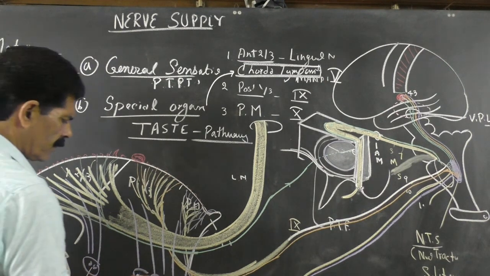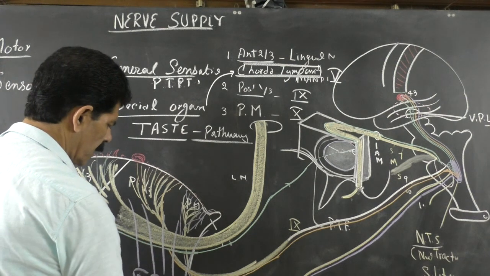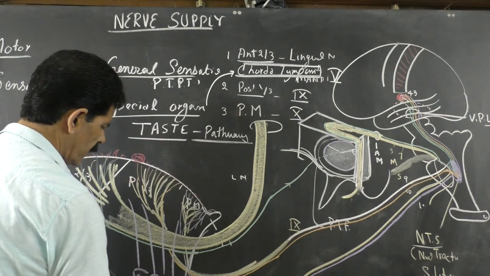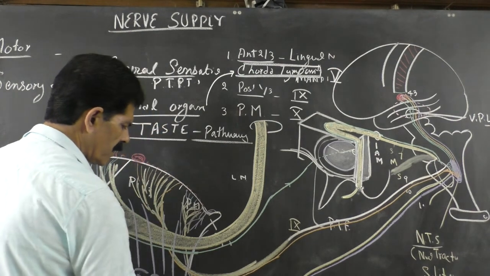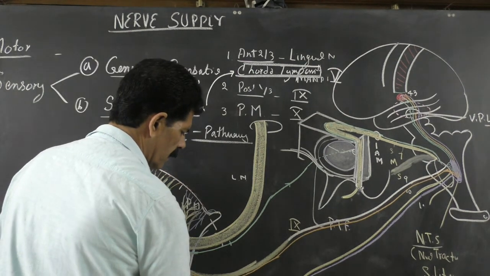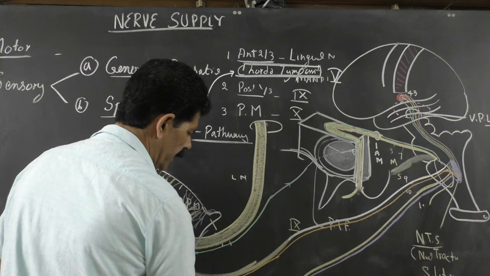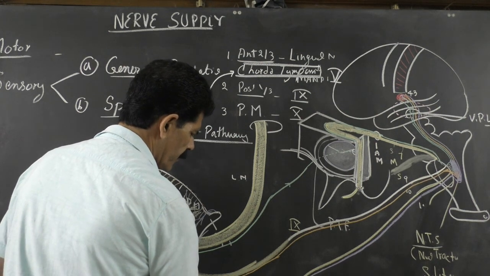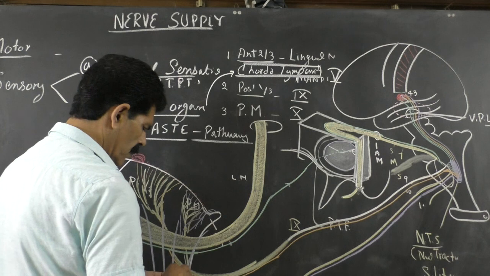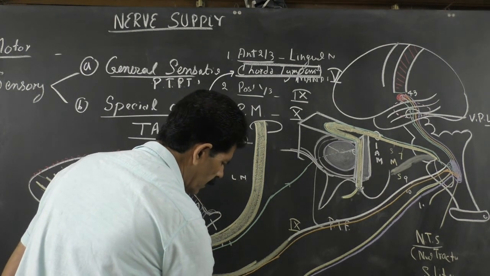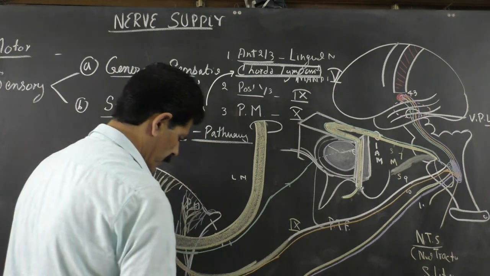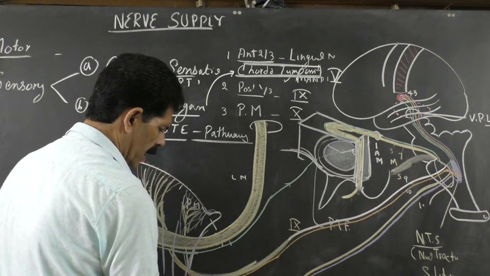And lymphatics from these submandibular or submental lymph nodes ultimately go into the deep group of lymph nodes, which are present at the junction of the internal jugular vein and the